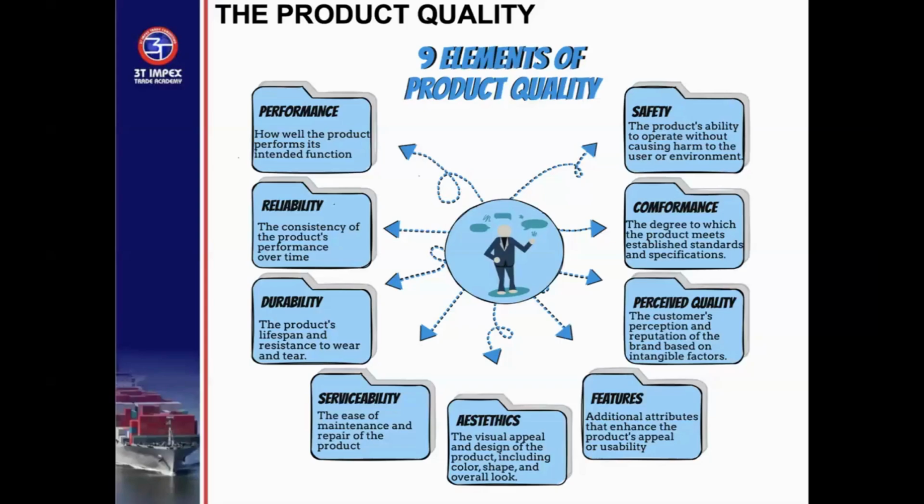Conformance. Now, you see, these last two are the ones that affect agro commodity the most. Remember, the focus in this conversation is agro commodity. Safety and conformance. The degree to which the product meets established standards and specifications. So when the commodity is going to be rejected, it's going to be because of this lack of conformity to stated specification. In the case of quality, when I talk about rejection, which is the focus in this conversation of quality issue and rejection issue in this conversation,